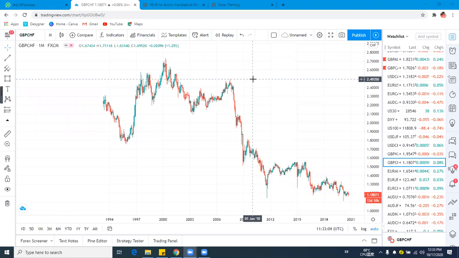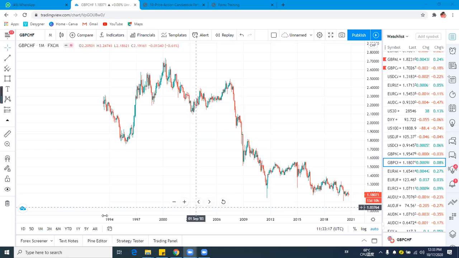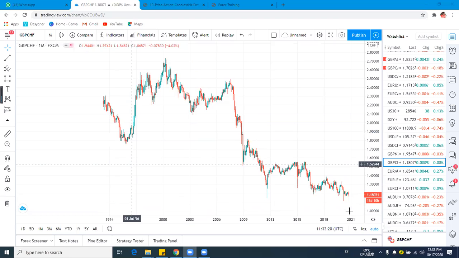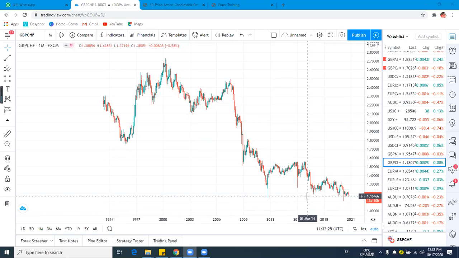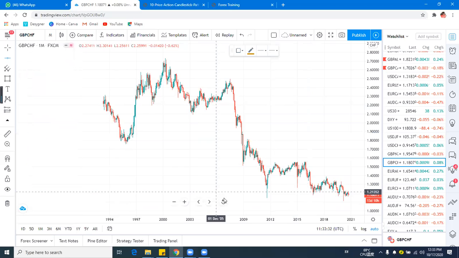I have opened my chart. This is the monthly chart for GBP CHF. CHF is Swiss franc. So I opened the 1 month. Now, this is from 1994 down to 2000. Now, I want to draw the support here. If you look at this down spot here,